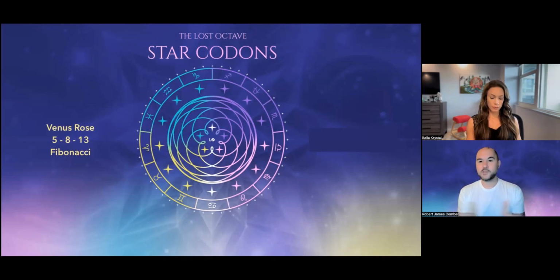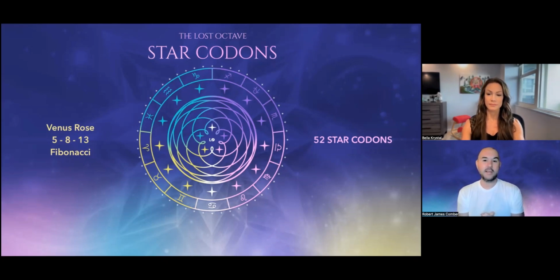And so I'm going to share with you now how many star codons there are, because there seems to be a lot, right? And it's like, well, how many are there? And do we have that many amino acids? Do we have more? What is this? And so today I'm going to reveal the number, which is a harmonic of 13, because there are 52 star codons. And actually, even since we've started this webinar, I found a couple of extra ones, which I'll put in, which were hiding within other ones.